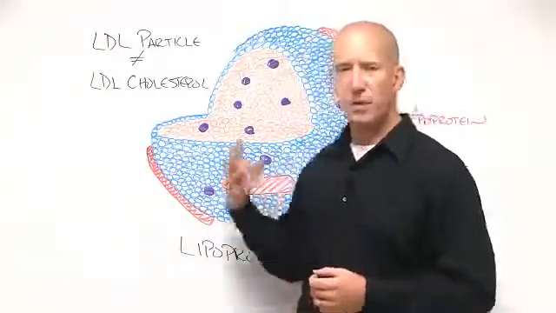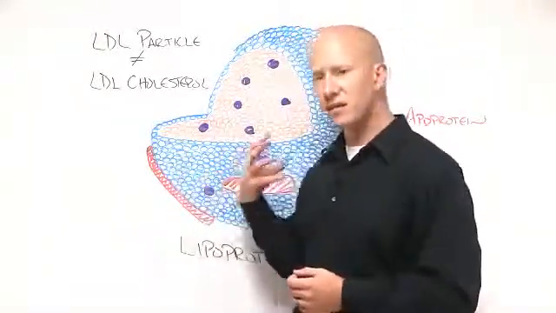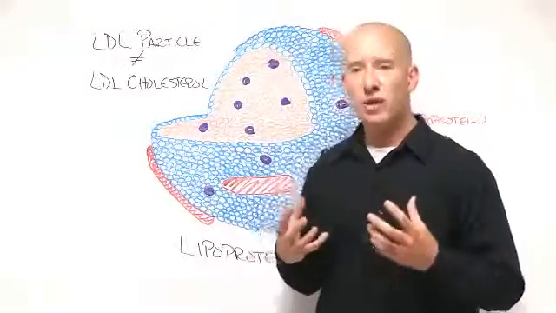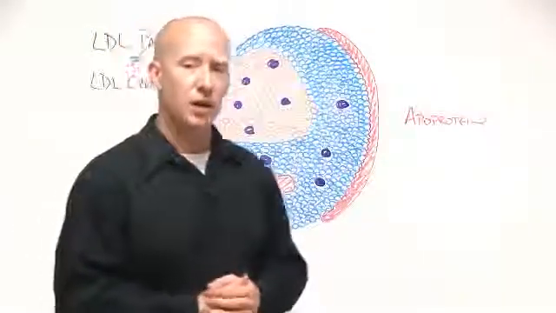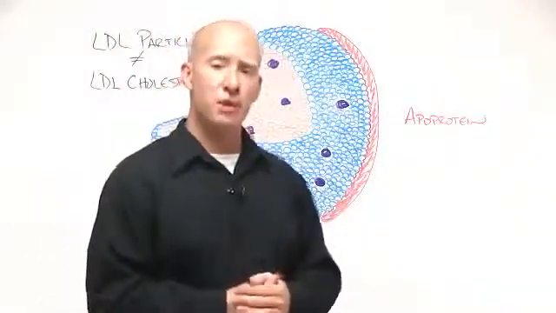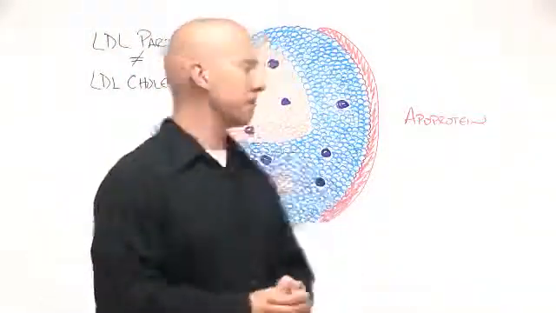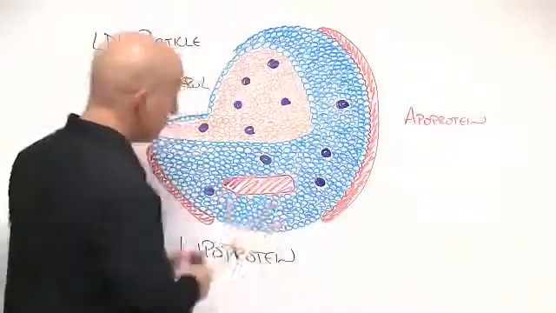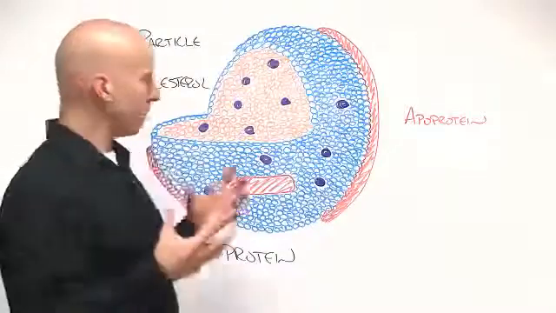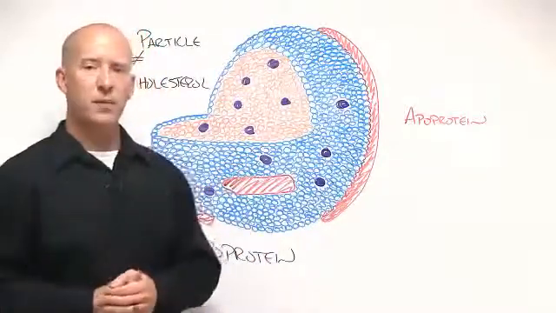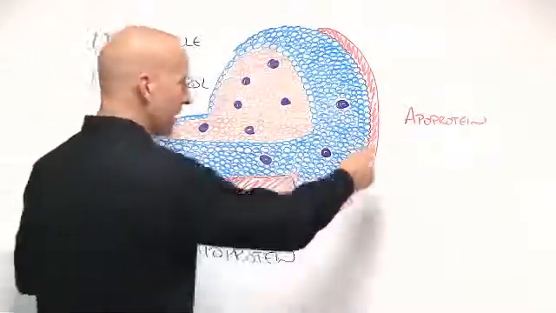The VLDL, for example, is synthesized in the liver. HDL is synthesized in the liver, and that's really what's being discussed. Now, let's pretend this is a VLDL molecule, a very low density lipoprotein molecule, which is on the blood chemistry. Very low density lipoprotein molecules are synthesized by the liver, packaged in much of the same way we talked about the chylomicrons. They have various different apoproteins, which are